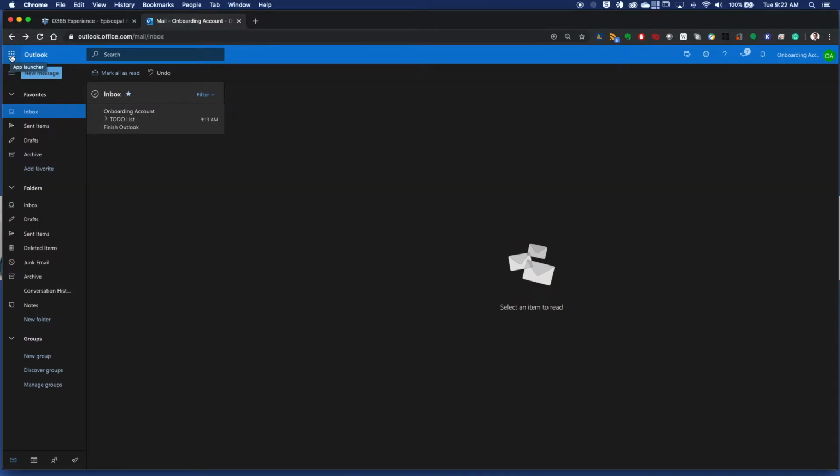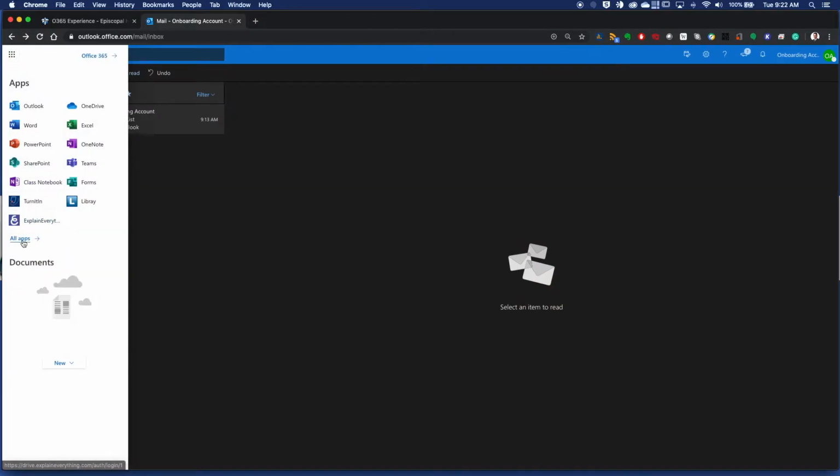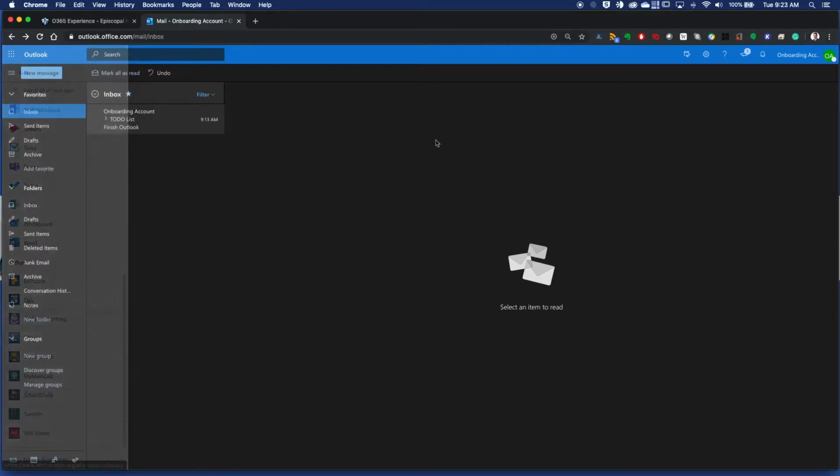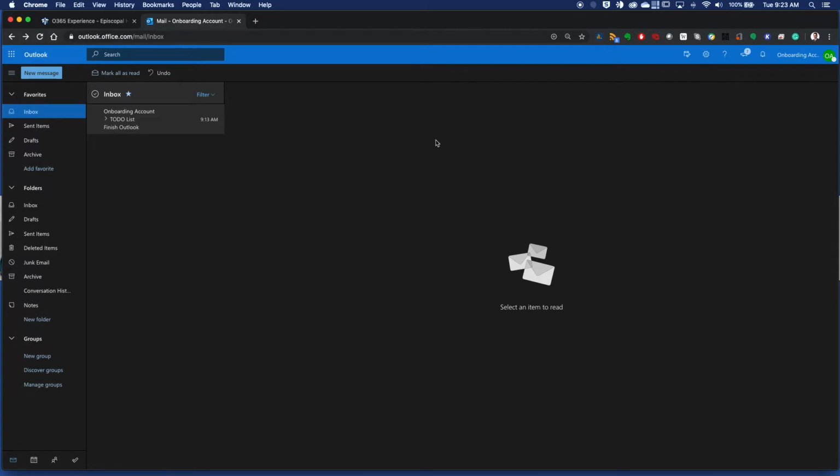After activating your new account, please explore some of these apps. You'll find that we've added School Dude and the EHS Faculty Staff Portal so that you can quickly jump to those services, log in, and do what you need to do. Now that we've covered email and the new features in the launcher, let's look at the